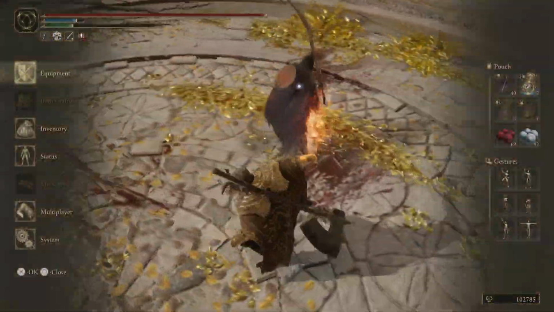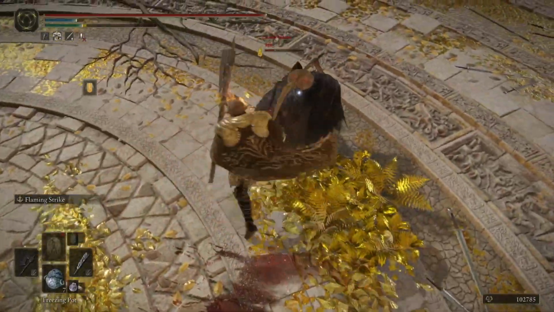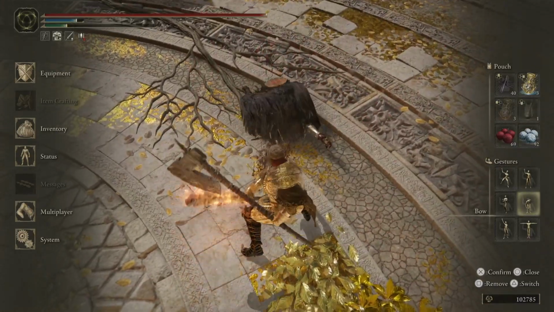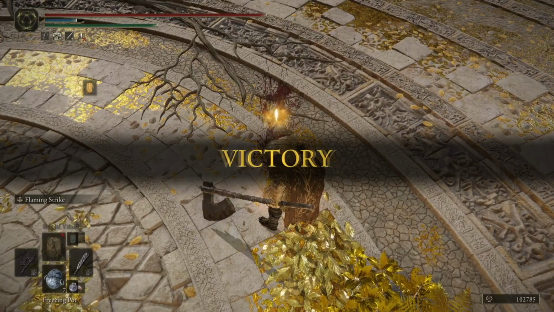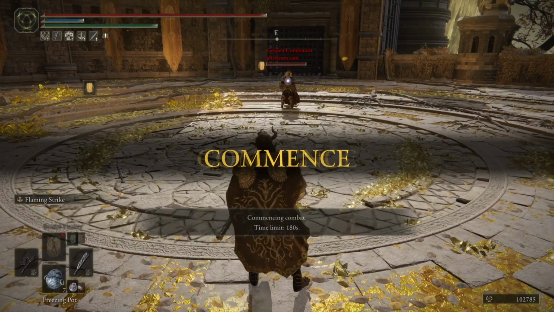Now they're playing so closely to me as well that I'm able to go for Flaming Strike. I was hoping to get a backstab here. They go for the follow-up, and I am actually able to get a backstab on that follow-up. So a nice quick duel and a nice flawless there. One where playing closely can be a little bit dangerous, but it can pay off, especially if you have Flaming